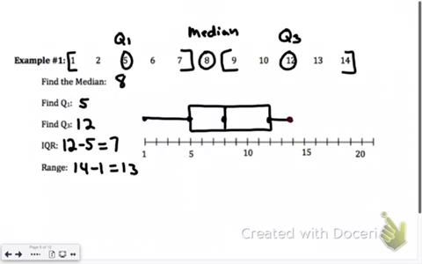I like to just count in from each side to find the middle. So if we start at the smaller side and count in 1, 2, 3, 4, 5, then count in from the larger side 1, 2, 3, 4, 5, you'll see that we're left with one piece of data that's exactly in the middle of that set of data. And that happens to be the number 8. So when I come over to my list, I'll put where it says find the median, 8, because that's the